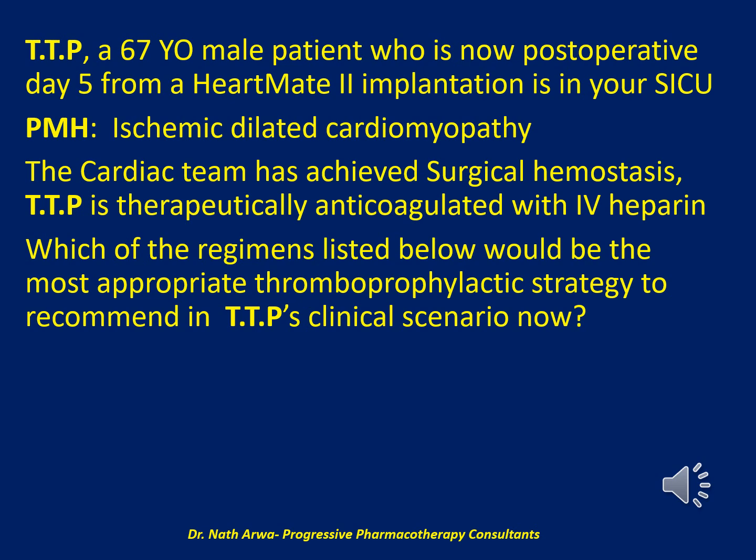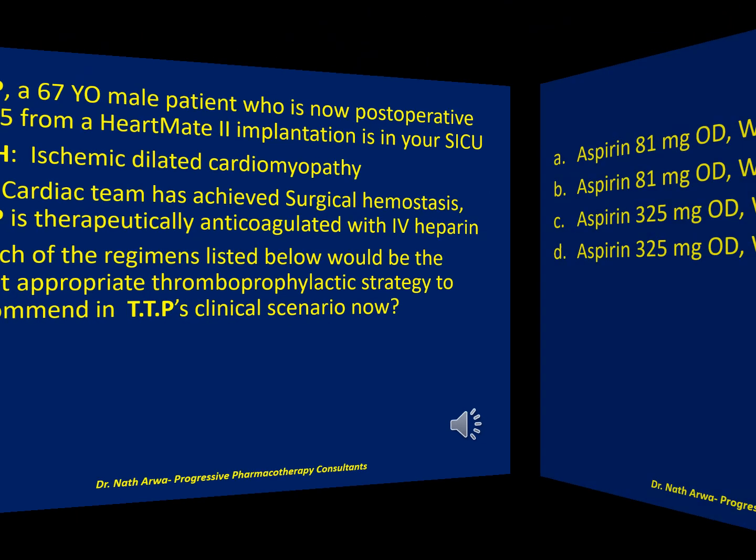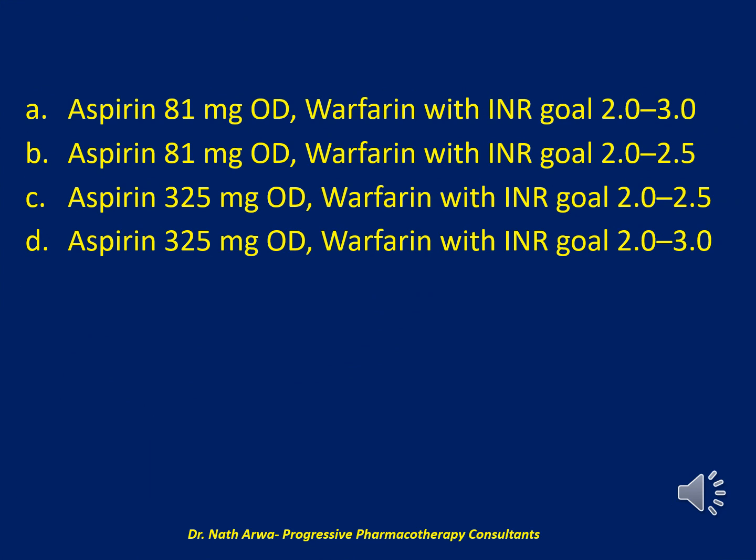So my question to you is, which of the regimens listed below would be the most appropriate thromboprophylactic strategy to recommend in TTP's clinical scenario now? Would it be A, aspirin 81 mg orally once daily, plus warfarin with INR goal 2.0 to 3.0, or B, aspirin 81 mg orally once daily, plus warfarin with INR goal 2.0 to 2.5, or C,